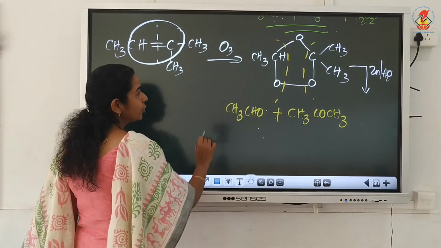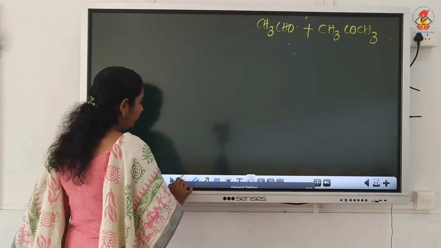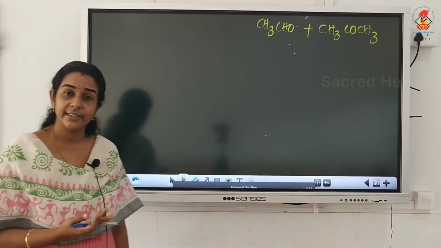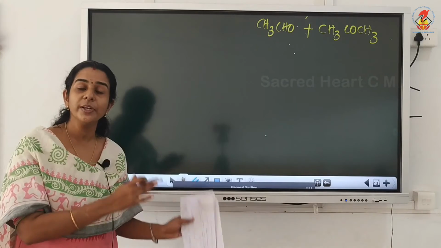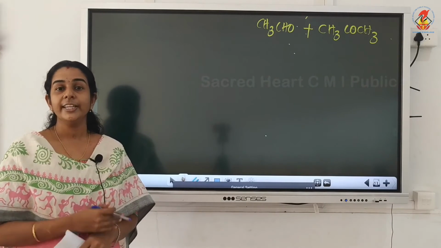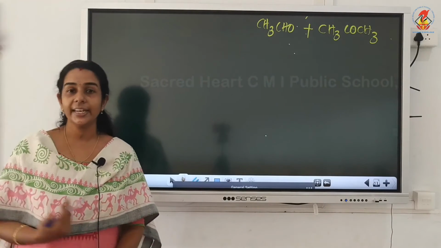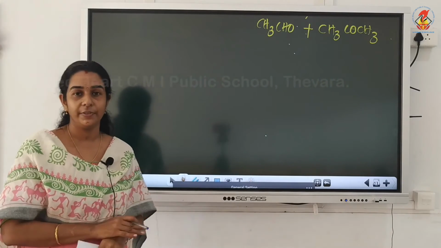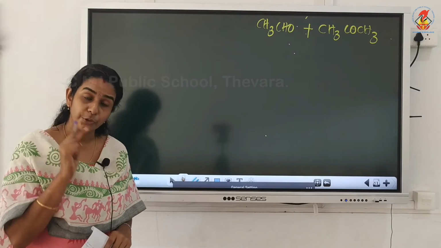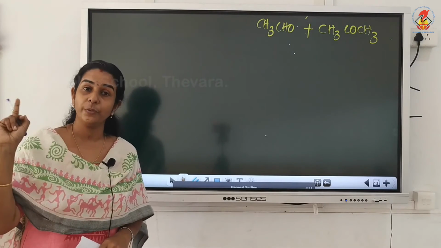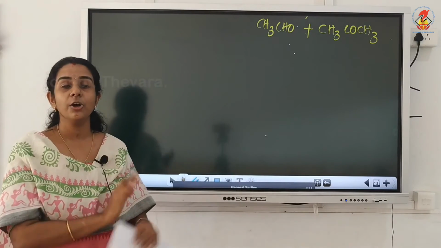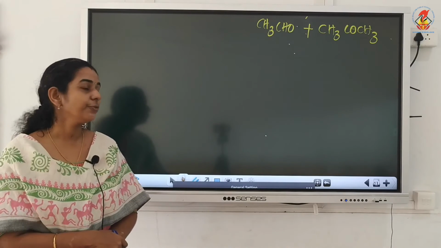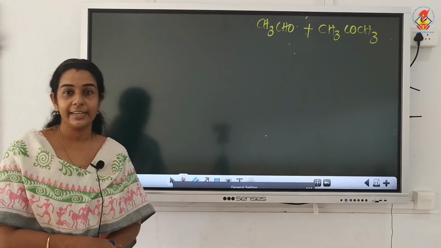Now there is one usual pattern of question coming for the board exam, especially in ABC questions. The product will be given and the question will be to identify the alkene. That means the aldehyde or ketone will be given, and the question will be to find out the alkene from which these carbonyl compounds are formed after ozonolysis. There is an easy way to find out the original alkene.